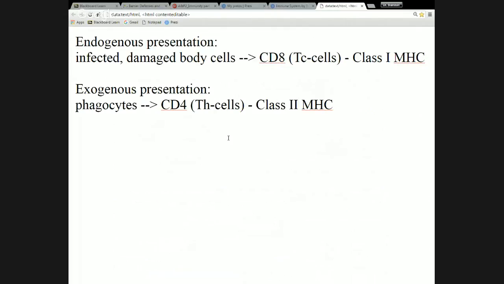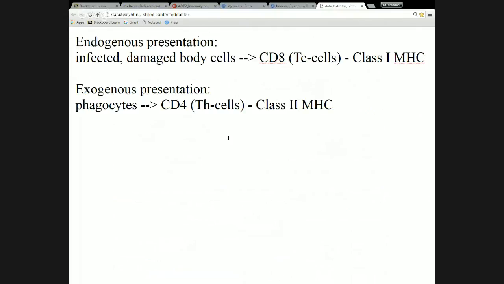So, the T cells here, they're the ones that are responsible for the cell-mediated immunity. And so they have to interact with other cells. And MHC is essentially how cells interact with each other, specifically how other cells interact with T cells. And depending on where the antigen is coming from,